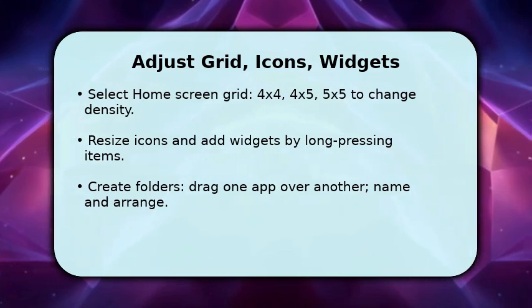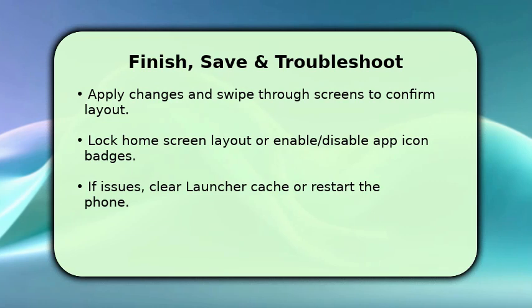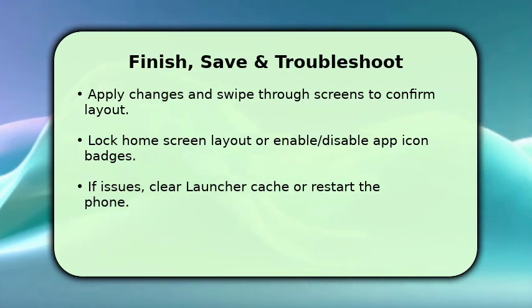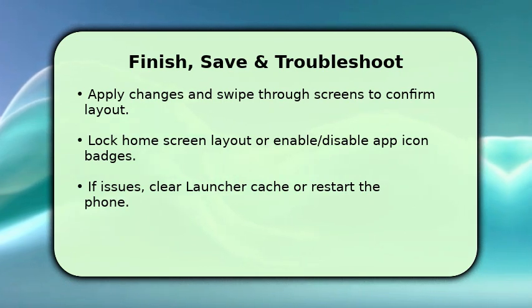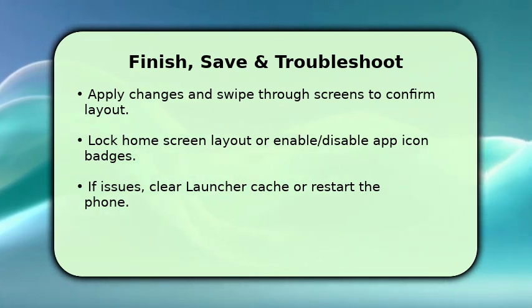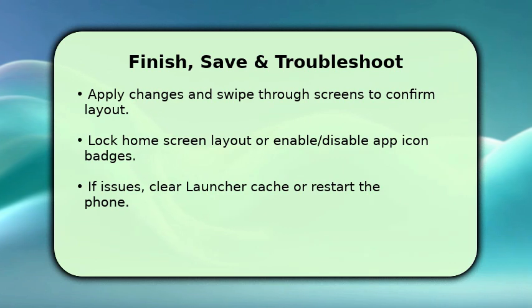Finish by tapping back or home to apply changes, then swipe through each screen to confirm everything sits right. This ensures widgets didn't overlap or icons hide. If available, enable lock home screen layout to prevent accidental moves, and adjust icon badges or app grid again if